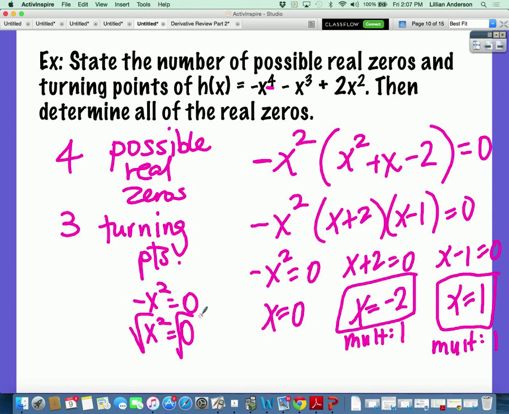Plus or minus. Now realize 0 can't have a plus or minus because it's neither negative nor positive. But the truth of the matter is that 0 is a double root. It is a repeated 0. Technically, you have the positive version and then the negative version. For those who are watching the video, I'm doing imaginary quotation marks right now, okay? So 0 actually has a multiplicity of 2, which means that if we were to graph this, it would